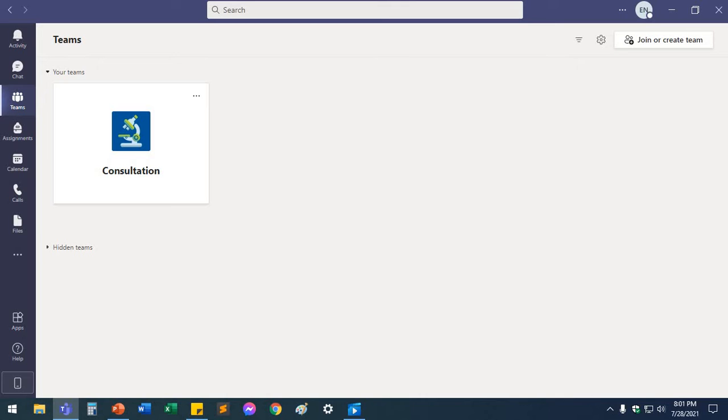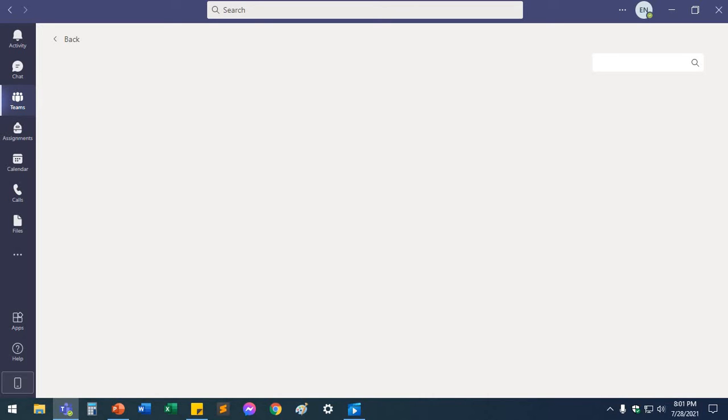Now this is the first interface you're going to look at when you log in. As you can see, I removed all my groups because I want to show you from the beginning, except I left only this one because I'm still using it. Because you don't have any groups, you look here on your right and click on create or join team, so we click on that one,